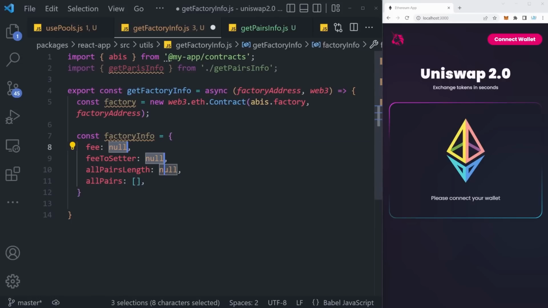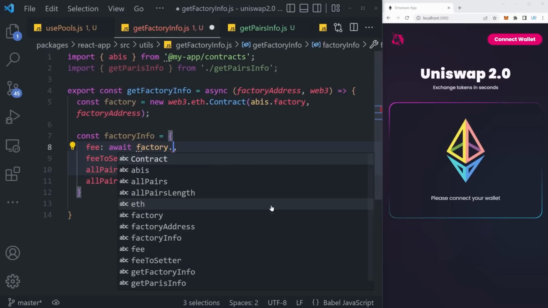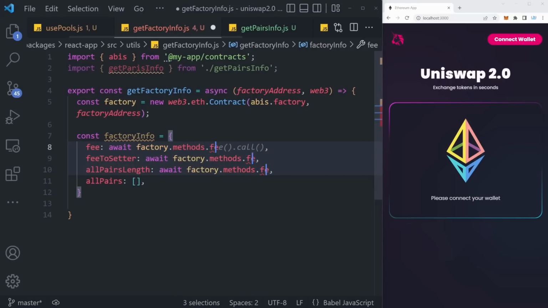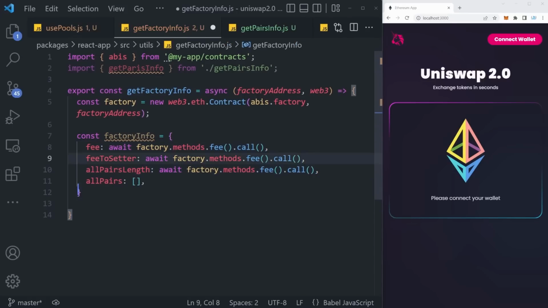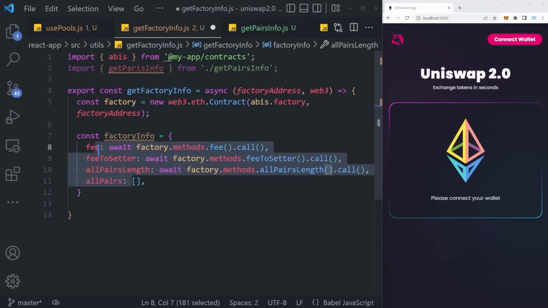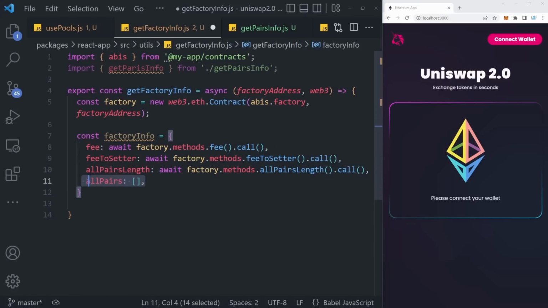So let's simply hold Alt and then double click all the nulls right there and then start typing await factory.methods.fee, and then .call, which we again call as a function. Now it's always going to be the same, but it's not going to be fee, rather it's going to be the name of our actual object key. And then all pairs can be left as an empty array,